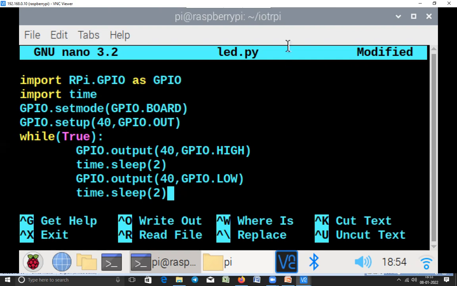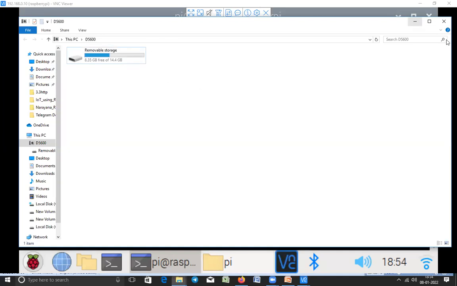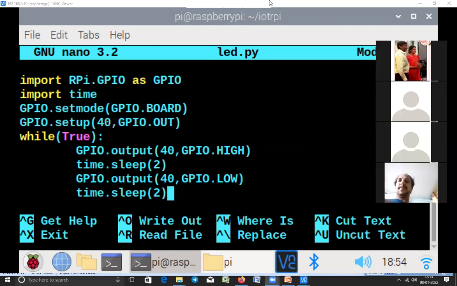I'll just turn on my cam for some time so that you can see the circuit diagram. One second. Now you can see the circuit.